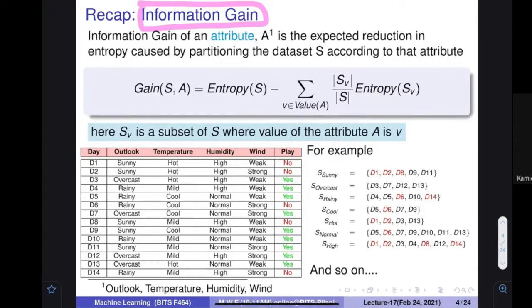Information gain can be obtained using a special kind of notation. For example, if this is my data and I want to consider the value sunny, see all those data examples where the value is sunny. You can see D1, D2, D8, D9, and D11 are the places where the value is sunny. Out of them, you can see how many are positive and how many are negative, and using this information you can find the entropy of this particular subset of the database.